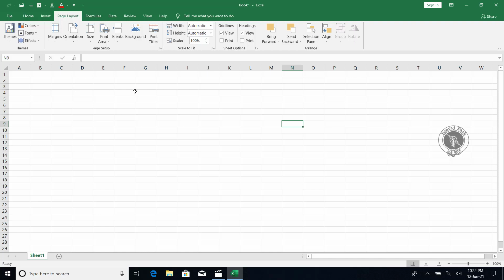Now we will move on to the next thing, that is the formula bar. As you can see from the name, this is the formula bar. Mostly when you have a big formula in your Excel application, I hope you all know that Excel files are mostly used for calculations or equations, that kind of stuff. Whenever you need to edit any formula, or if you want to add a formula in any cell, you can use this place over here. From here you can easily add or modify your formula.